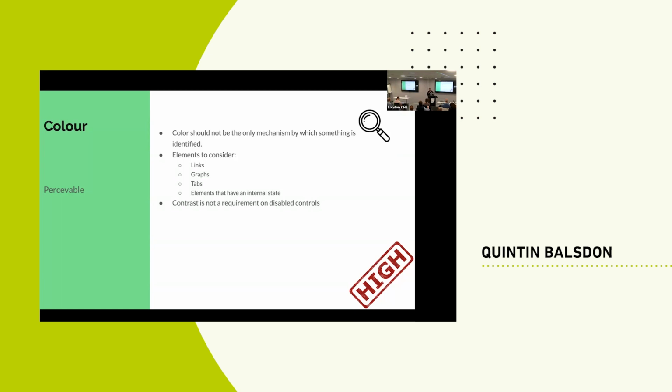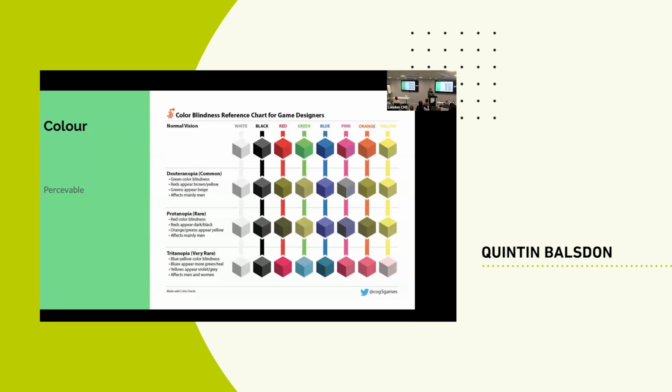I think it's 1 in 12 men have red-green color blindness, and it affects women 1 in 200. This was a great diagram that I found searching the web for color blindness reference charts. It's an amazing tool to understand how other people might see your app and understand visually what's going on. I don't think you get a lot of black and white color blindness where it's just shades of gray, but it does happen. And understanding that those users have a right to access your systems and use them, right,